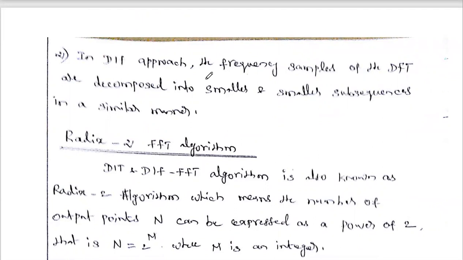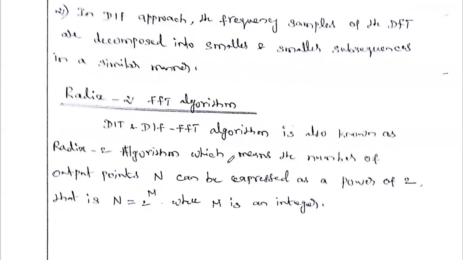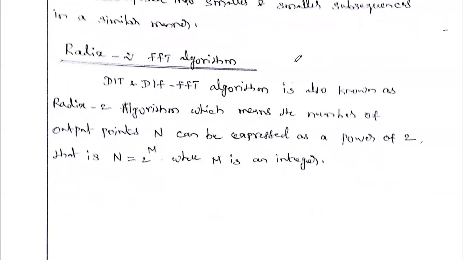So in the next video, we will discuss this DIT and DIF algorithm in a very detailed manner. Another 2-mark question is the radix 2 algorithm. That is the other name of the FFT. Either the DIT or DIF algorithm is called a radix 2 FFT. Why is this FFT called a radix 2 FFT? The DIT and DIF FFT algorithms are also known as radix 2,